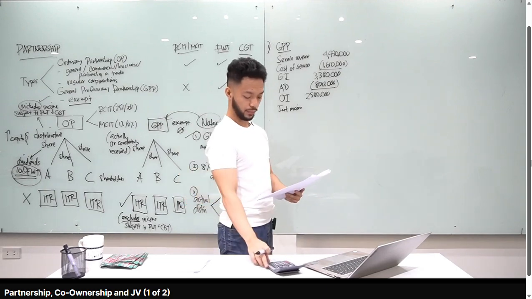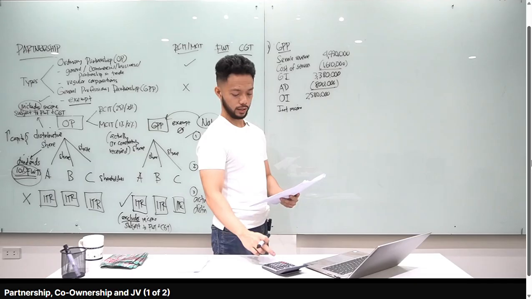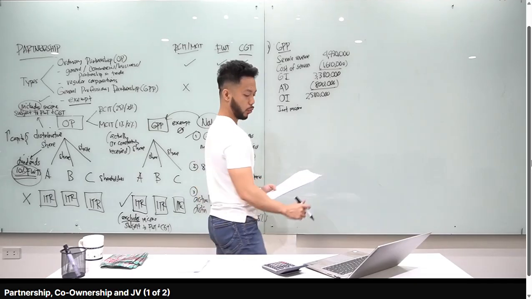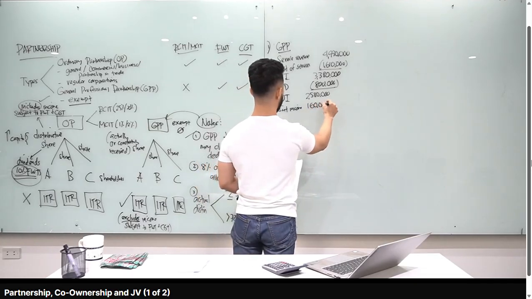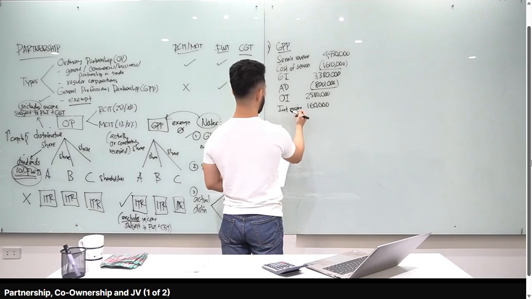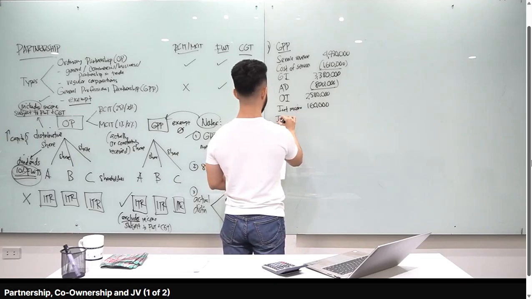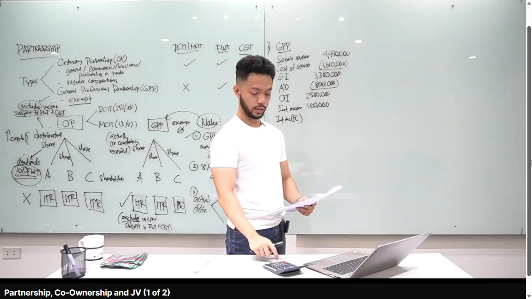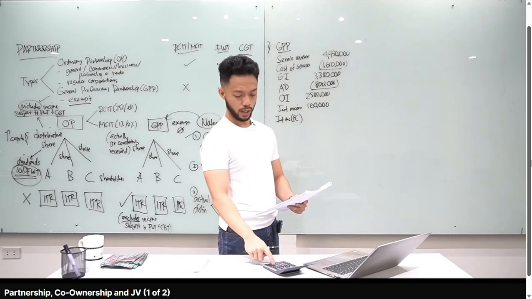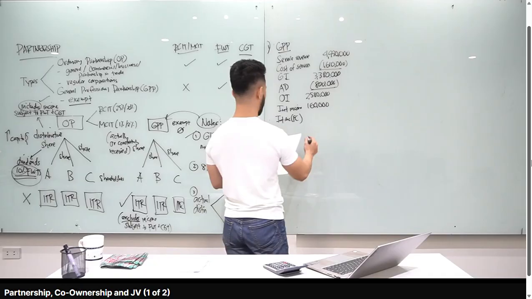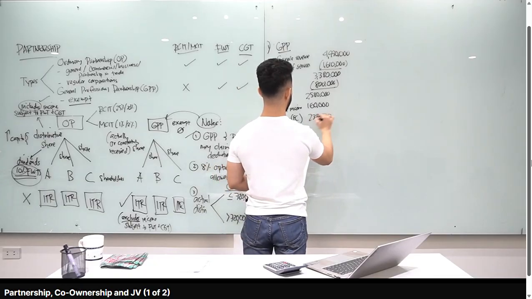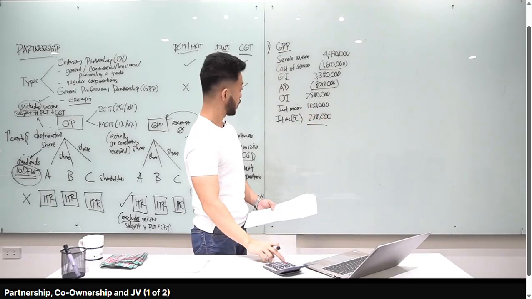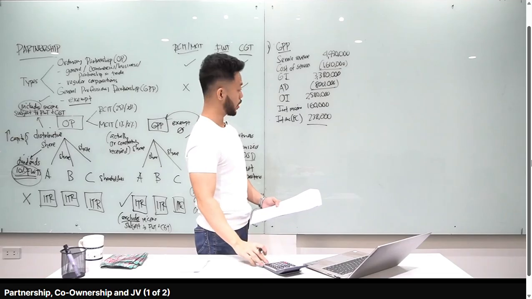Ang gagawin natin dyan, class, 200,000 times 80%, kasi 20% yung final withholding tax, that is 160,000. Tama? 160,000. Ito yung interest income from bank deposit. Ito naman yung interest income from foreign currency. So, lagyan natin 280,000, yung 15%, so 85%, 280,000 times 0.85, you get 238,000. So, if you add operating income, 2,580 plus interest income, that's 160 plus 238, you get